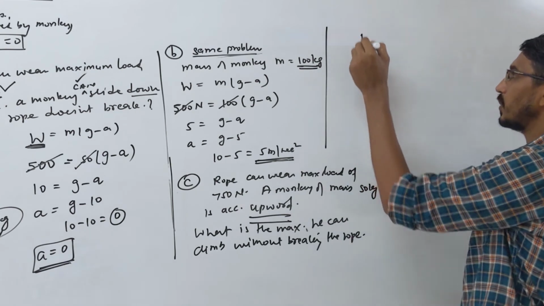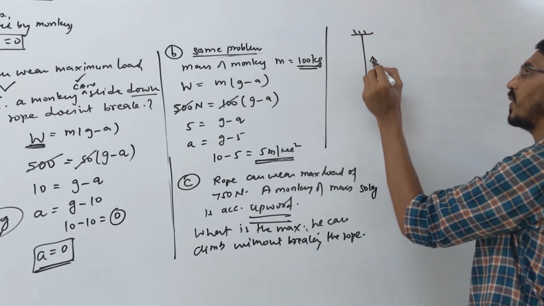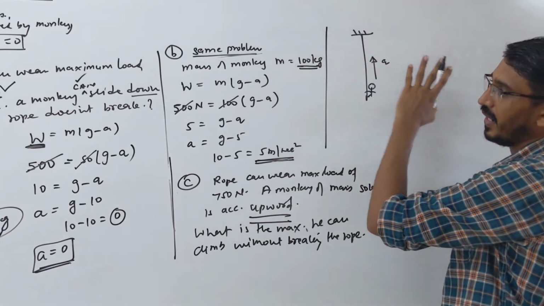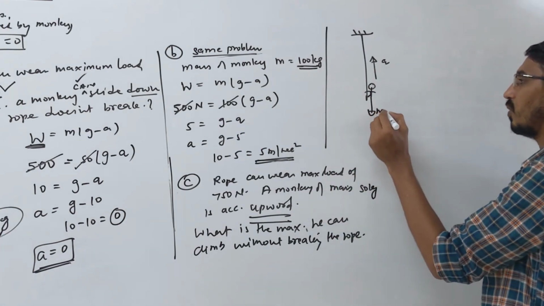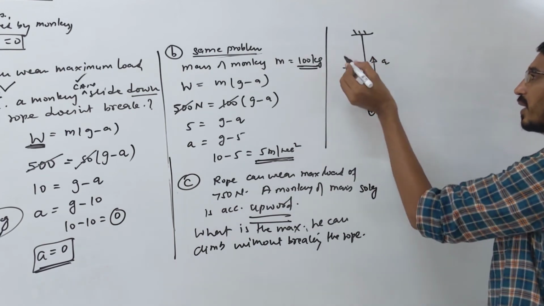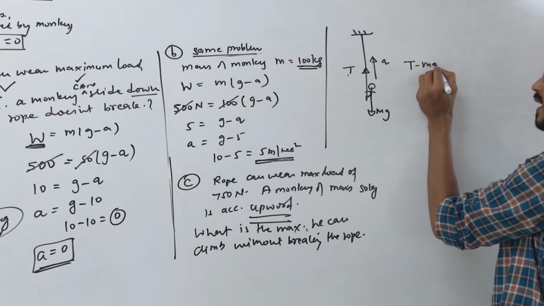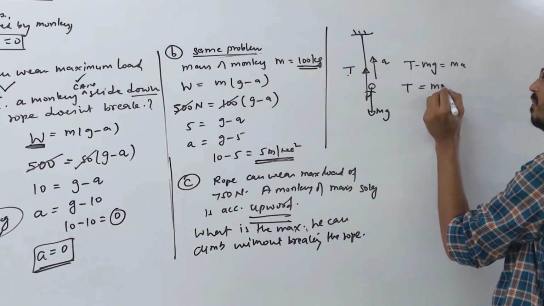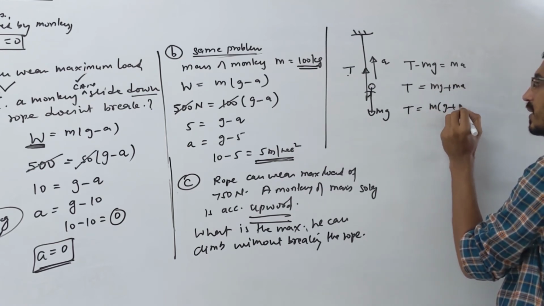One thing you understood is that he is accelerating upward, right? There is a monkey here and he is moving upward with acceleration, like a lift accelerating upward. So again what is the answer that comes here? Net force m(g plus a). How is that coming? Let's see once more. mg is downward. The force applied by the rope, let's call it T, is upward, and the acceleration is upward. So net force, since he is moving upward, this force is bigger. T minus mg is equal to ma. So T, or the weight, becomes simply mg plus ma, that is m(g plus a). Do not confuse, simple.